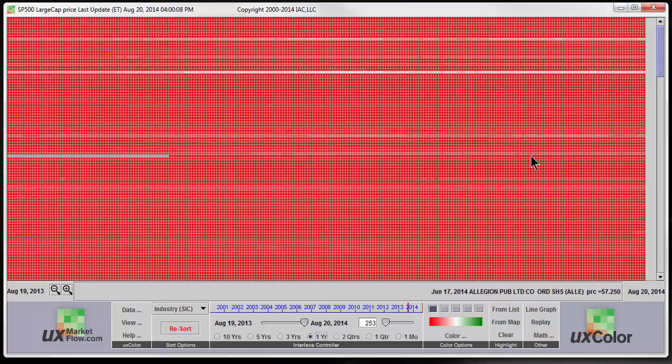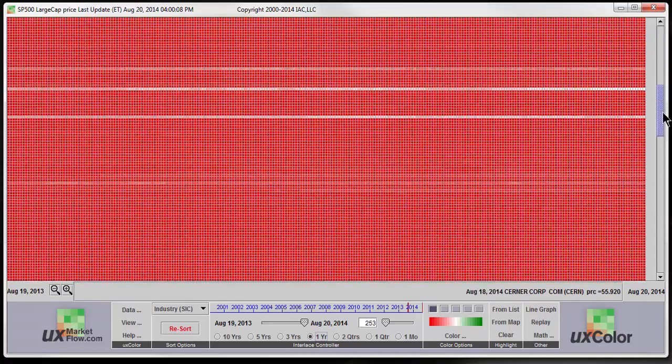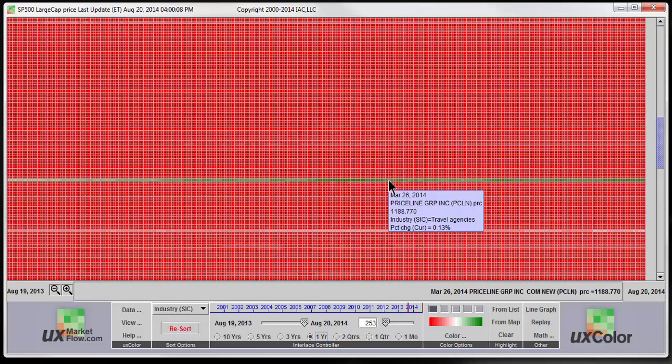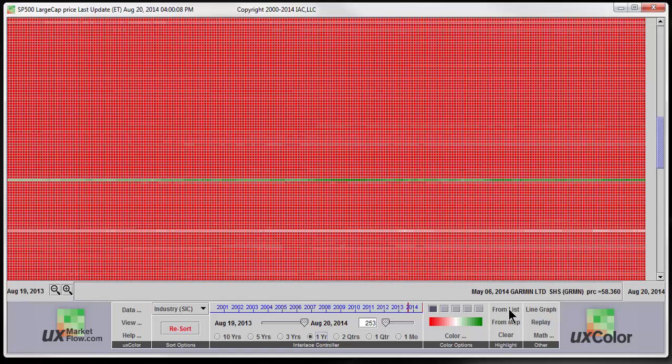And this is why uxColor received a patent. Heat maps have problems with color and can't handle numeric values in widely different ranges. This is probably a price line in the $1,100, $1,200, $1,300 range. You can line graph, you can highlight and find. Let's go back to the